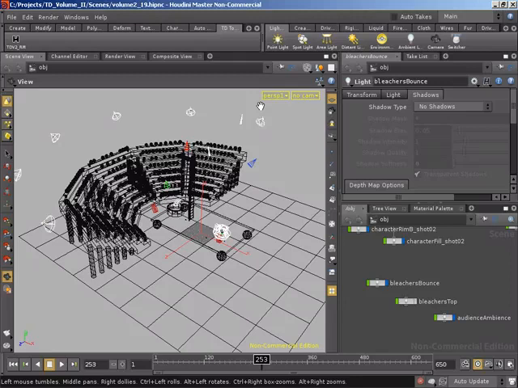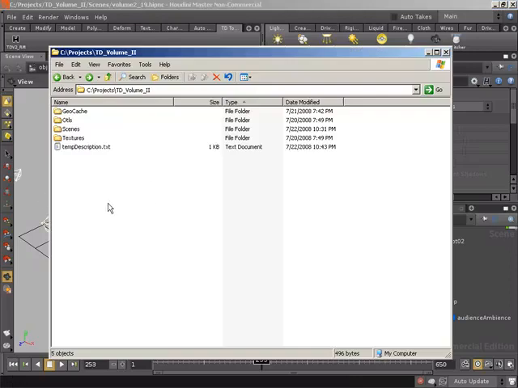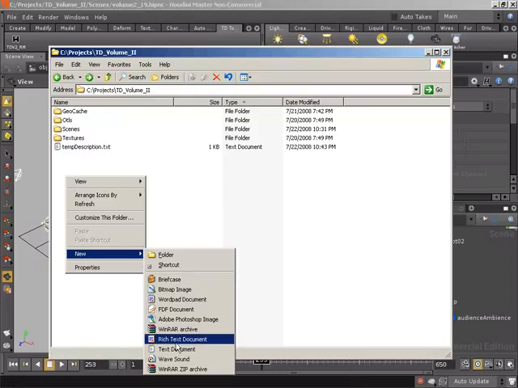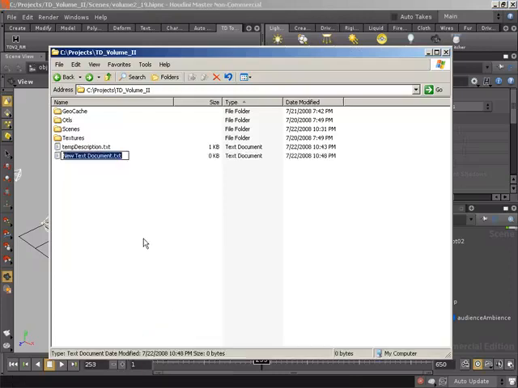Okay, so in this video we're going to do a quick test scenario, make sure our script is working correctly. So I'm going to jump over to our folder. I'm going to create a new text document for a new render description file. So I'm going to right click, come down to new, and create a new text document. And I'm going to call this